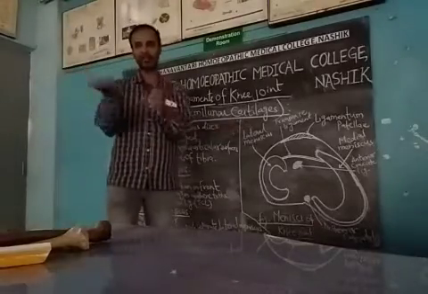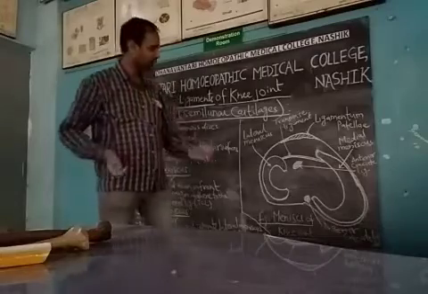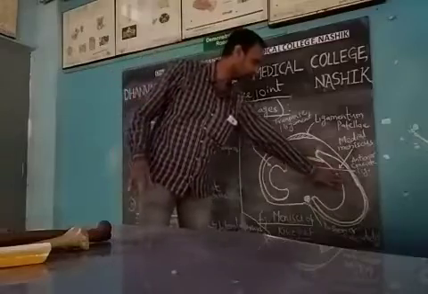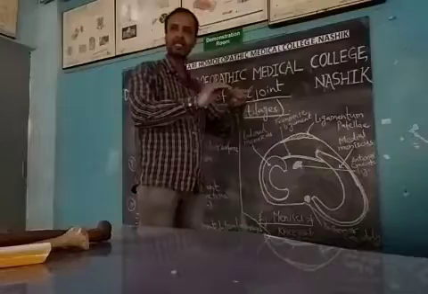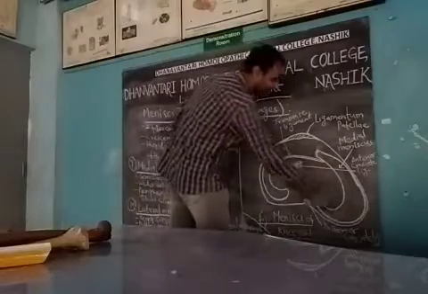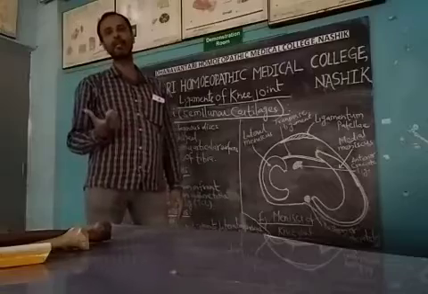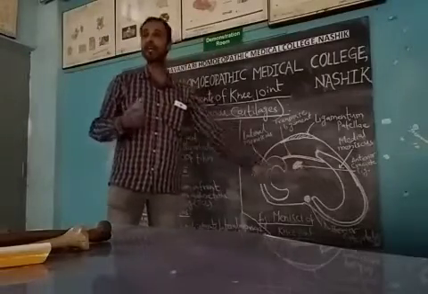We have taken a transverse section of the knee joint at the tibia. Now on the tibial condyles, the medial condyle and the lateral condyle, on the concavity of those condyles, the menisci are present. So what is menisci? Meniscus is singular and menisci is plural. These menisci are made up of cartilage.